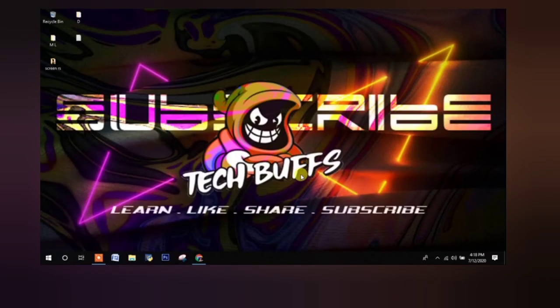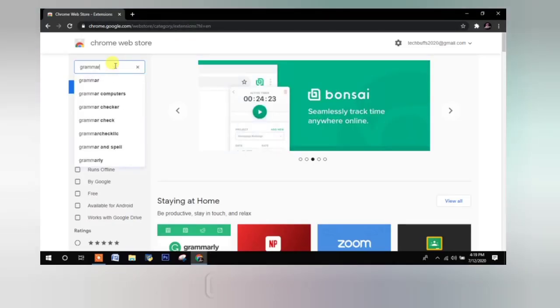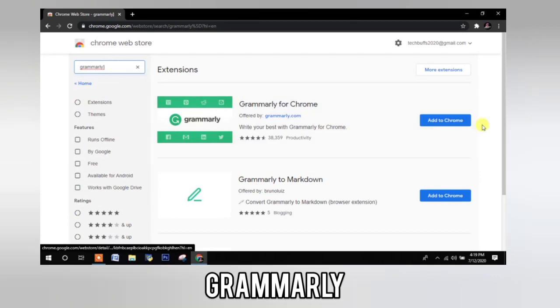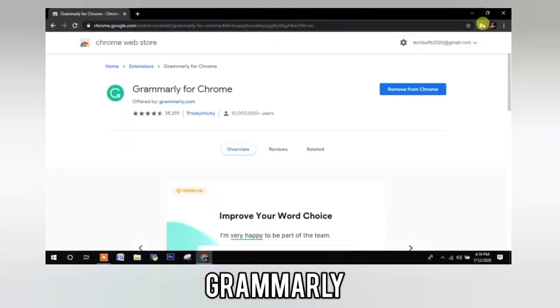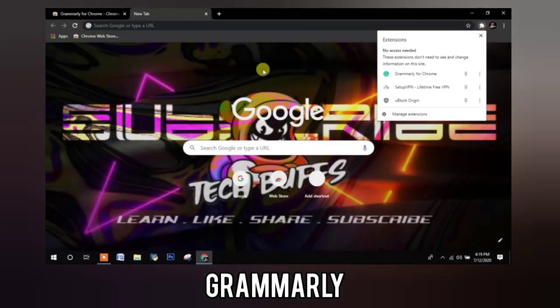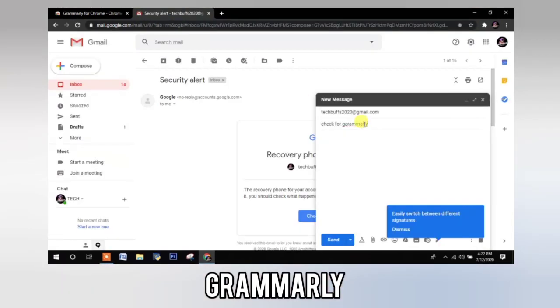We always have a situation to type something on our PC. That time we often make spelling mistakes. So this extension is really going to be useful for them. This extension's name is Grammarly, and you can download it by doing the same method as shown in the previous ones, or you can just check the link in the description. Grammarly is mainly useful for correcting the mistakes while typing some formal letter or an email.